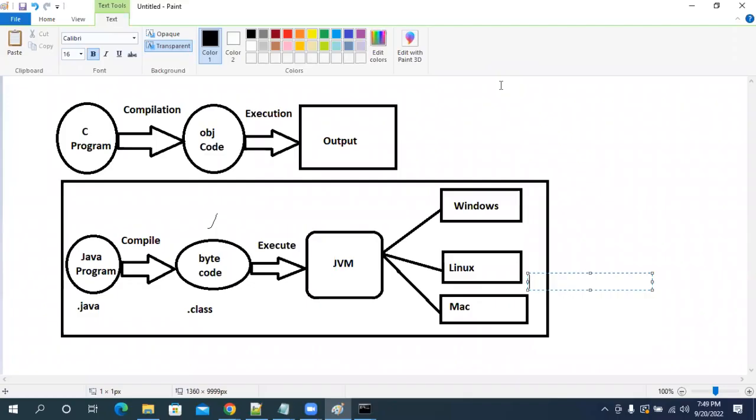Any other questions? Anyone else having any questions? So what is the task for today? All of you should set up Java in your machine. You need to download and install Java in your machine, and you need to complete the path setup also. From tomorrow onwards, we are going to start writing our Java programs. Very small programs we are going to start with.